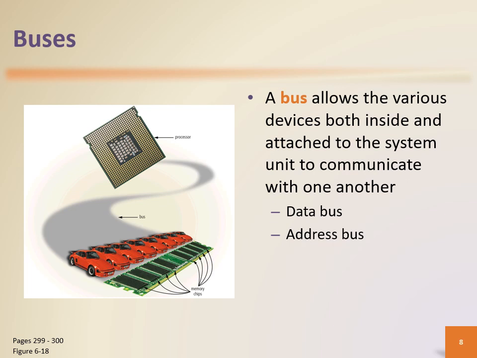Okay, so if you ever have opened up your desktop, you might have seen the wires, the cables. These broad wires are known as buses. A computer processes and stores data, as we have already discussed, in the form of bits. And these bits are understandable by your computer. These bits are transferred internally within the circuitry of your computer along the electrical channels that are the buses. So a bus allows the various devices both inside and attached to the system unit to communicate